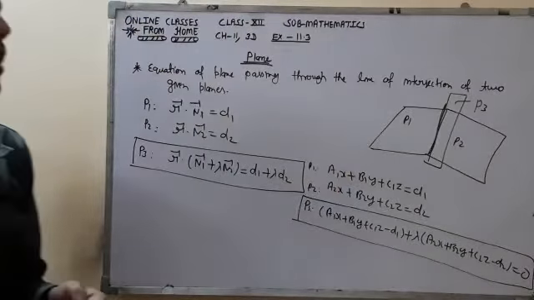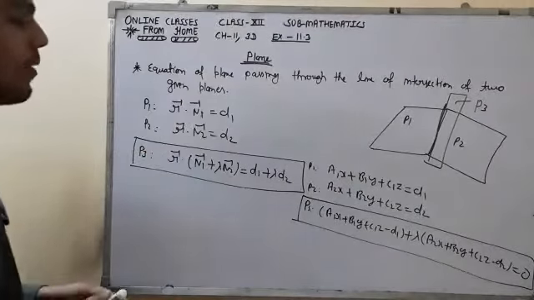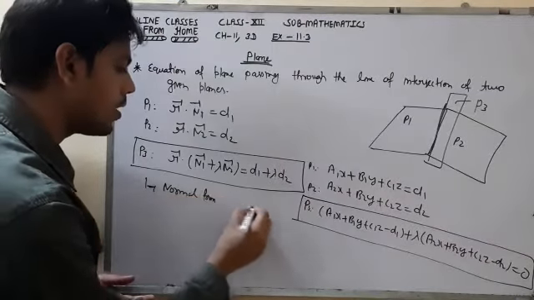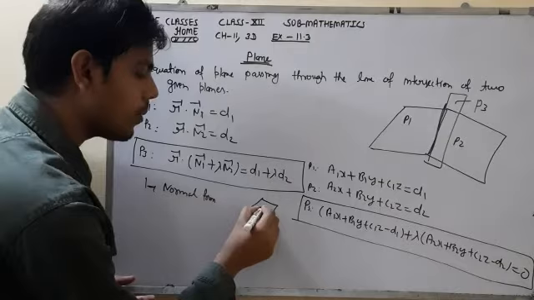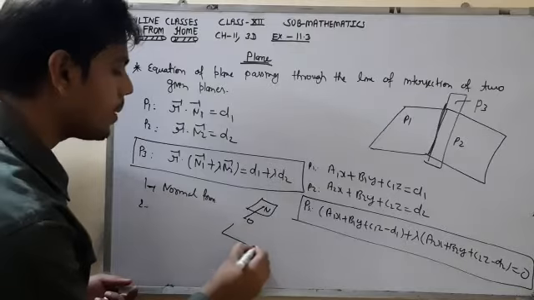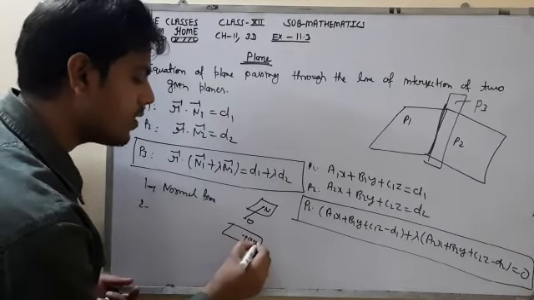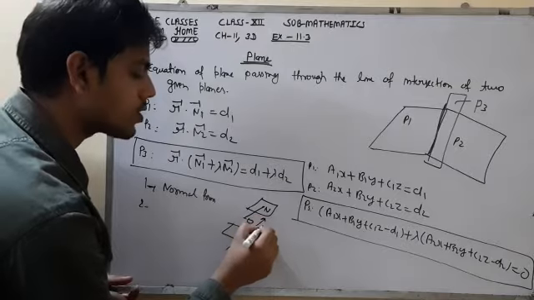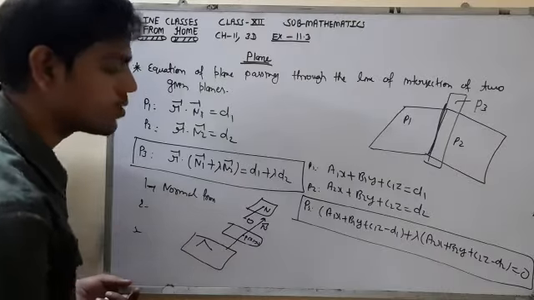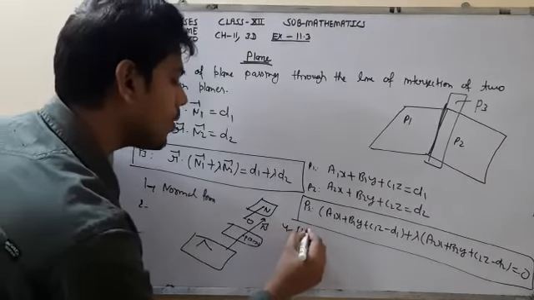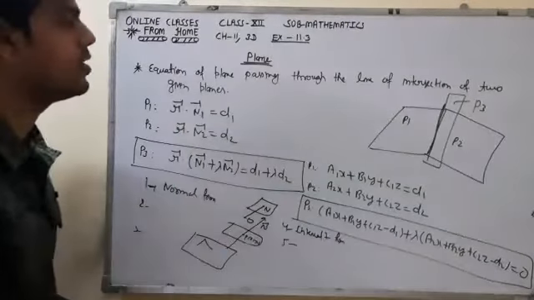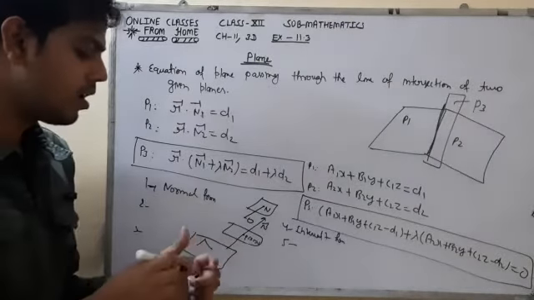Okay, so till now I have told you the five equations of a plane. The first one was the normal form. In this form, on the plane we draw our normal from the origin. Okay, the second was the plane passing through a given point x1, y1, z1 and perpendicular to a given direction or given vector. The third equation was a plane passing through three non-collinear points. Okay. The fourth equation was the intercept form. The fifth equation is the plane passing through the line of intersection of two given planes. So these are the main five equations of the plane.